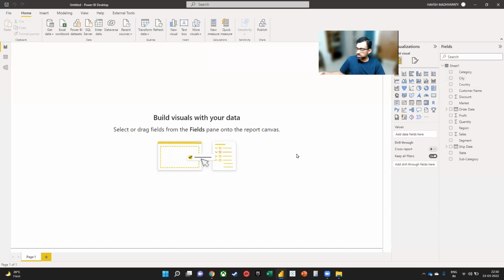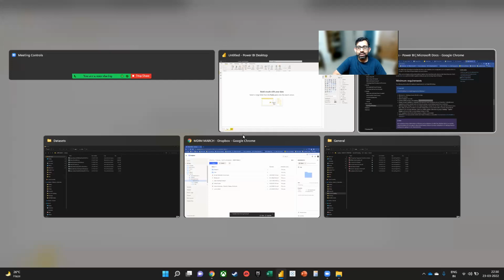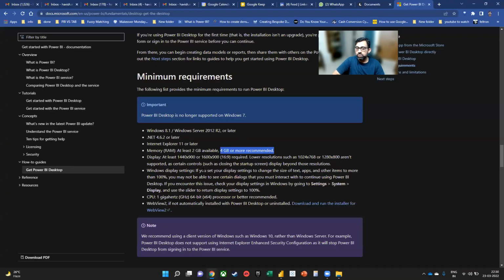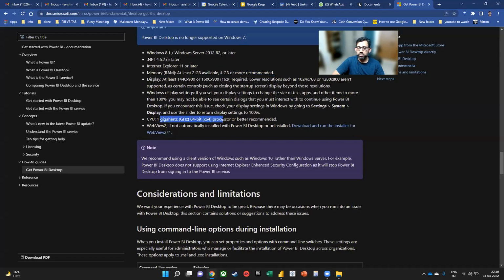Would the processor also play a role in terms of operation? Because on the website, it does not mention the processor. As of now, you have an i3 3rd gen. Sahil, I'll be very honest with you. An i3 3rd gen would be fairly low spec, right? So it would not really say anything. It says 1 gigahertz is more than enough. But then,